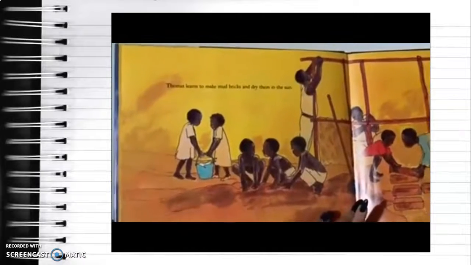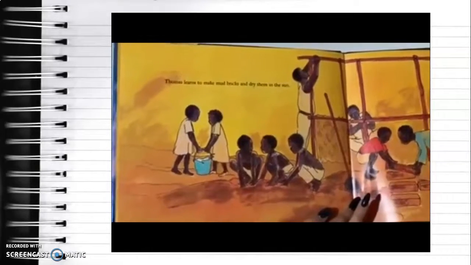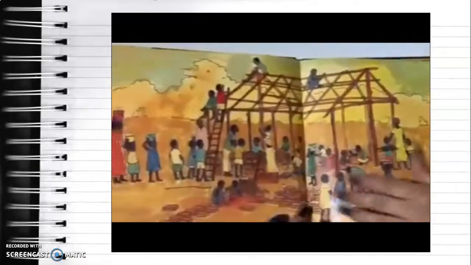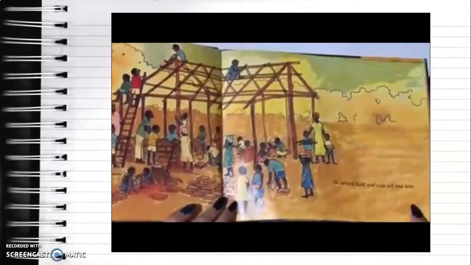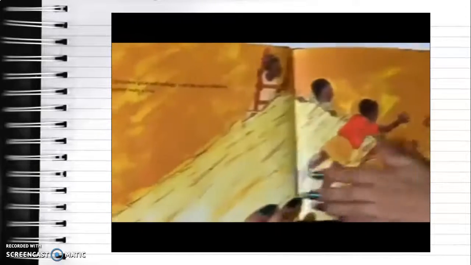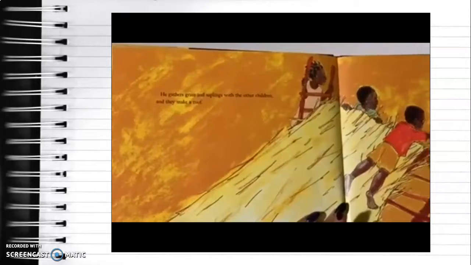Thomas learns to make mud bricks and dry them in the sun. He learns to build mud walls and mud desks. He gathers grass and saplings with the other children, and they make a roof.